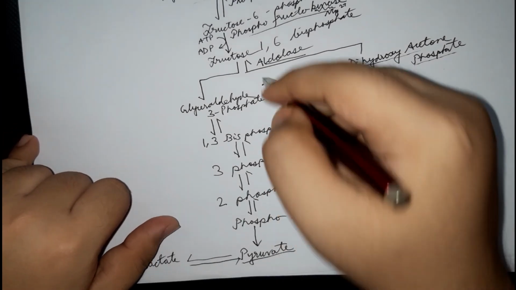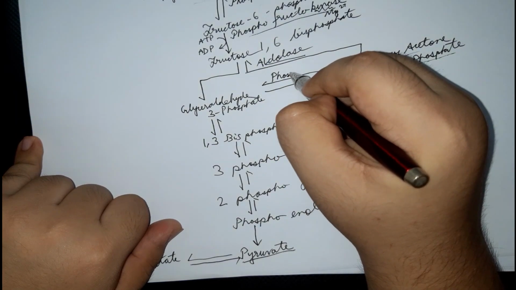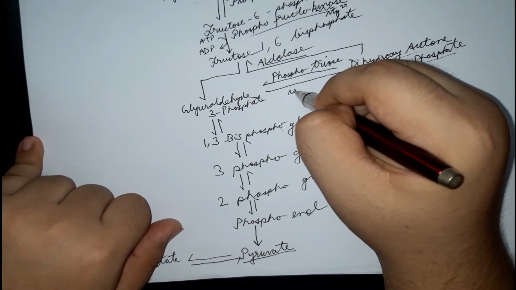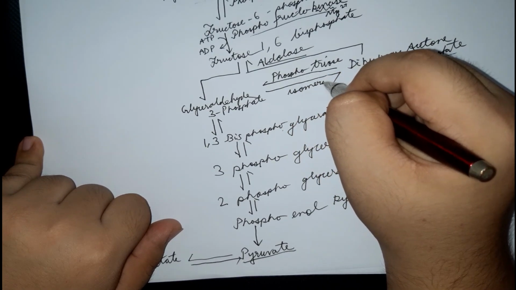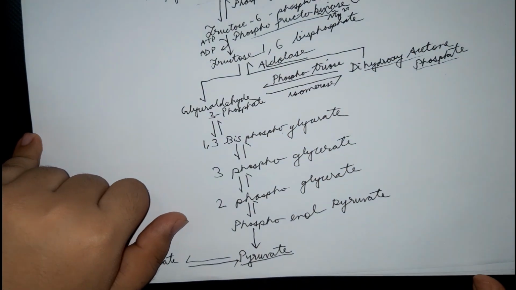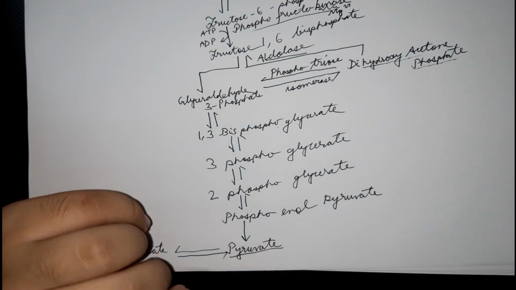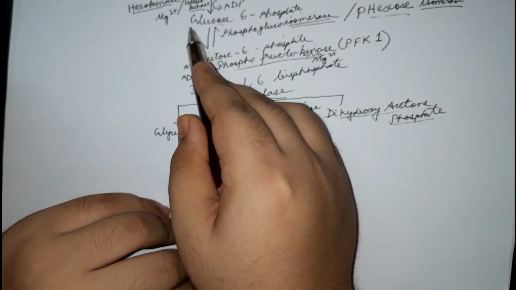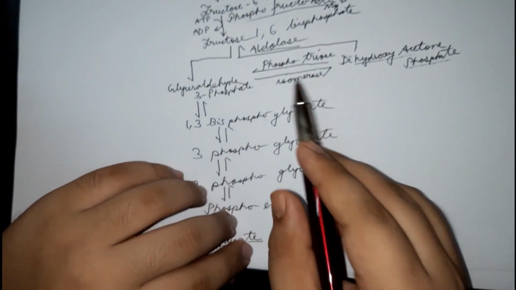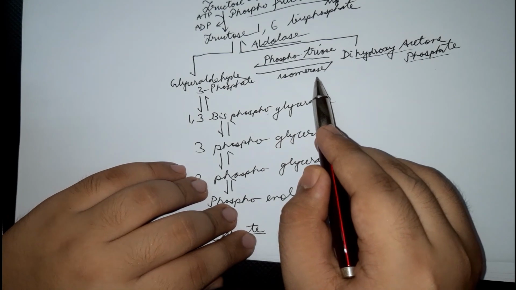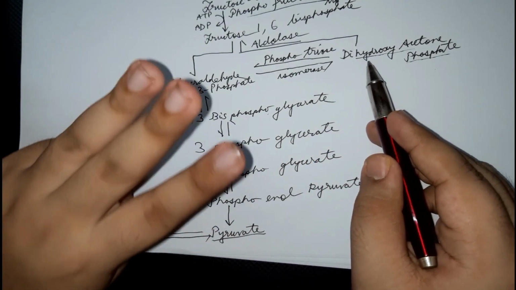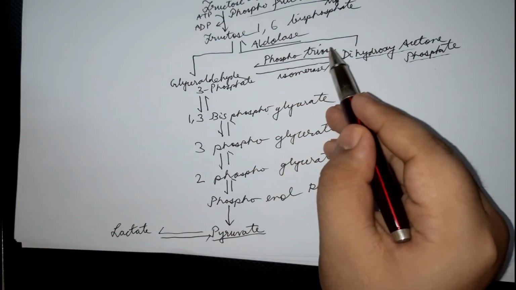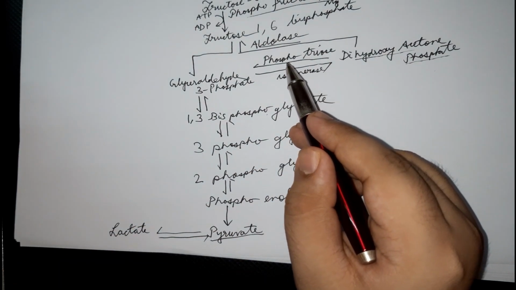So this is again another isomerase enzyme. In fact, it's known as phosphotriose isomerase. Just like the phosphohexose isomerase was dealing with hexose sugars, now we have phosphotriose isomerase because we are dealing with triose or 3 carbon sugars, glyceraldehyde 3-phosphate and dihydroxyacetone phosphate. So the name of the enzyme is phosphotriose isomerase. Done.